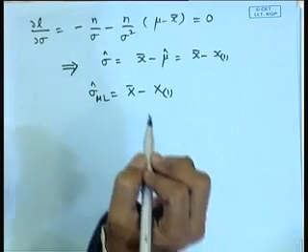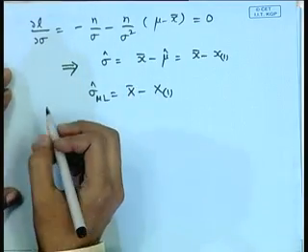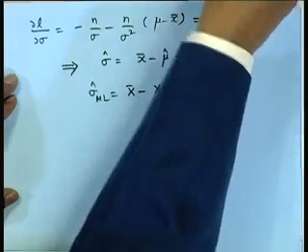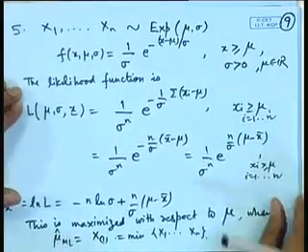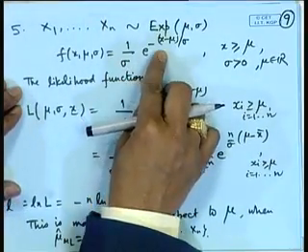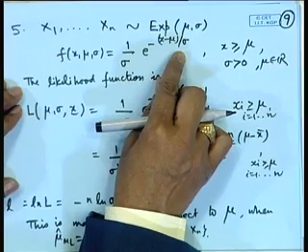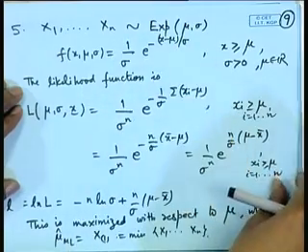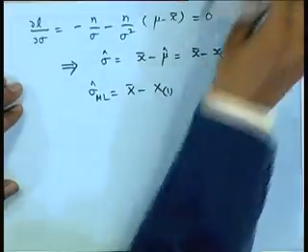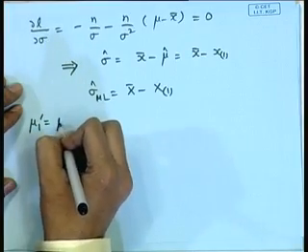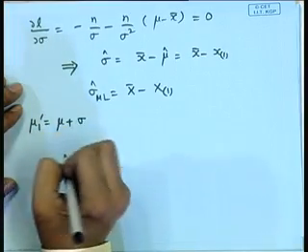Let us see what is the method of moments estimator in this case. To obtain the method of moments estimator, we have to consider the moments of this distribution. Now, here it is a 2 parameter distribution. I will have to find out the first 2 moments. So, mu 1 prime is equal to mu plus sigma,